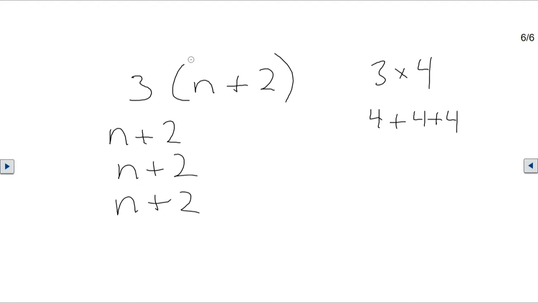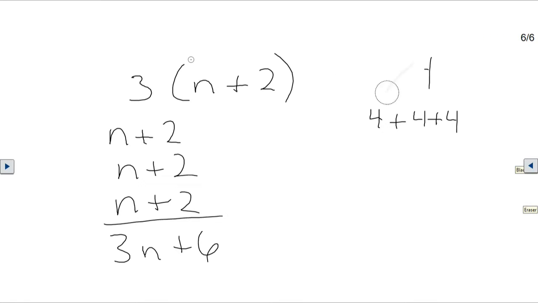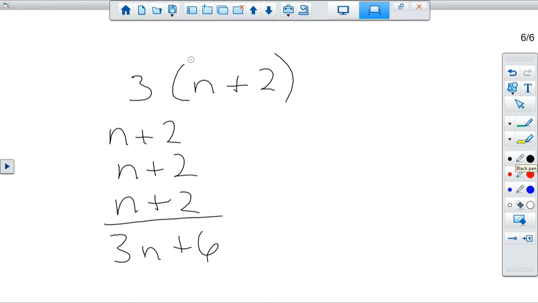That's 1, 2, that's 3 n's. And a 2 and a 2 and a 2 make 6. Okay, so 3 times n plus 2 is going to be equal to 3n plus 6, right? Now, obviously, we don't want to have to use that technique of writing that repeated addition out to figure that out. So the distributive property helps us to look at how we can do that without having to rewrite all that. So essentially what the distributive property says is that,